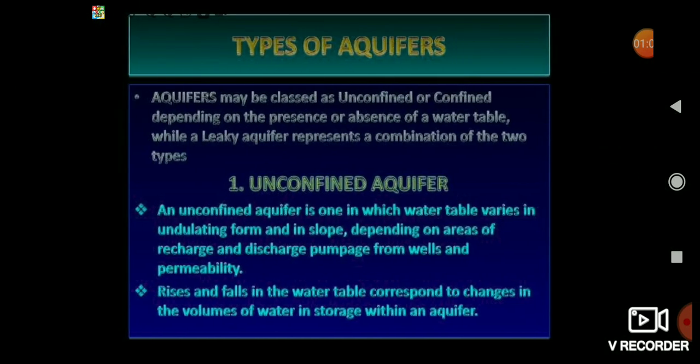it is clearly visible that H2 square minus H1 square relationship. So you can't replace the H1 H2 by S1 square minus S2 square. So don't make mistakes like that. Suppose the drawdown is given in the question, S1 S2 is given, and it is the case of unconfined aquifer, and you are simply replacing the S1 S2 by H1 H2 and you are doing all the calculation, then you will definitely get the wrong answer. So you always go for H1 square and H2 square in case of unconfined aquifer. So you remember the case of unconfined aquifer.